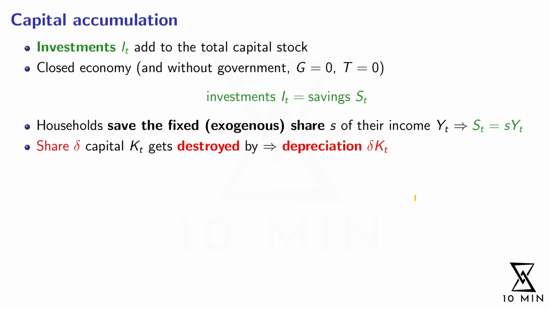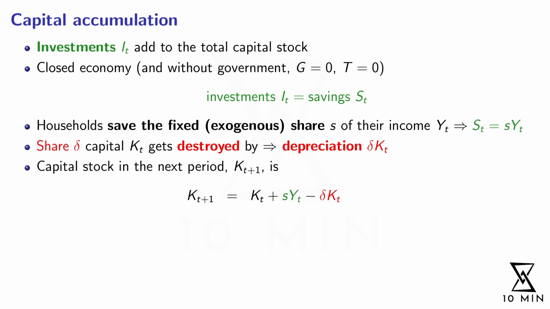So while these investments, that means our savings, increase the capital stock from period to period, a certain share of machines, that is to say a certain part of capital that we have, breaks down in the same period due to depreciation. Specifically, we say that the exogenous share delta of our machines, for example delta equal to 0.2, would mean 20% of our machines breaks down and is lost due to wear and tear. Hence, we know that the depreciation of capital between this period and the next one is delta times the amount of capital that we have right now.